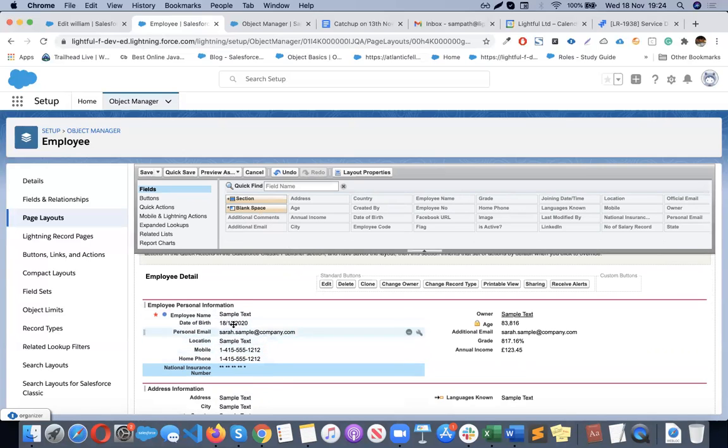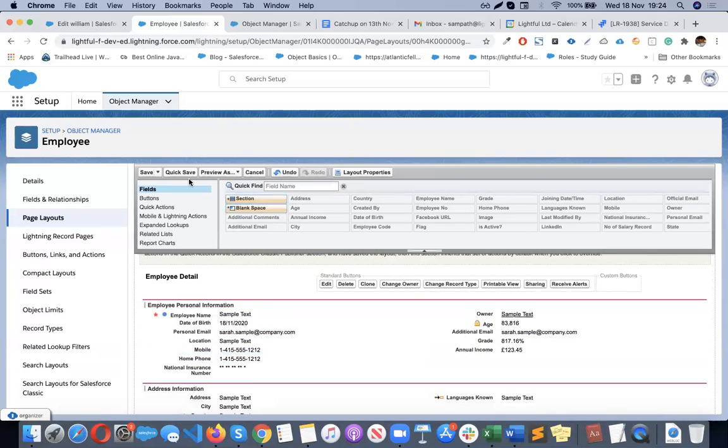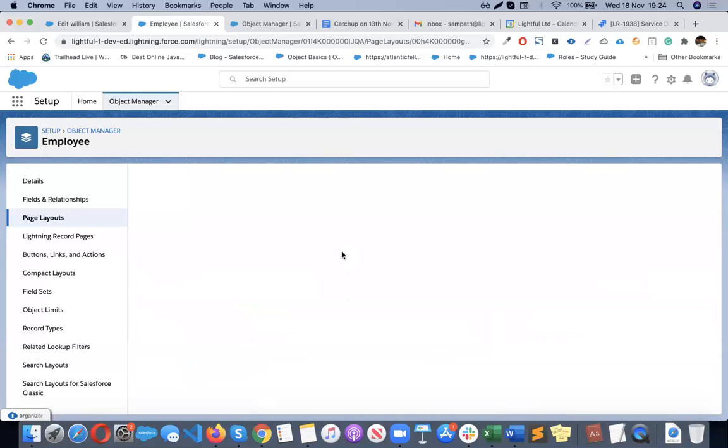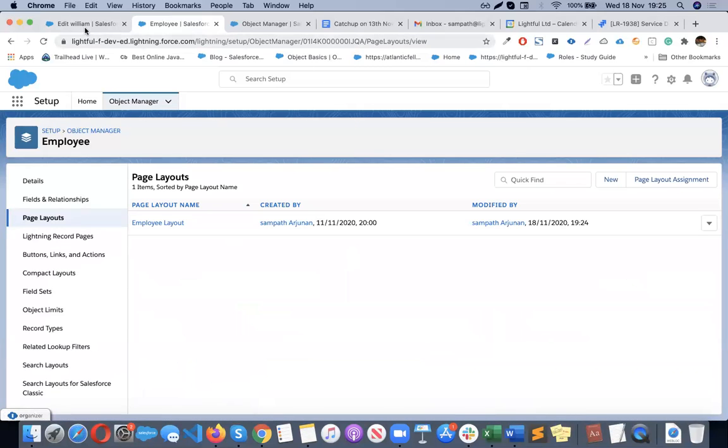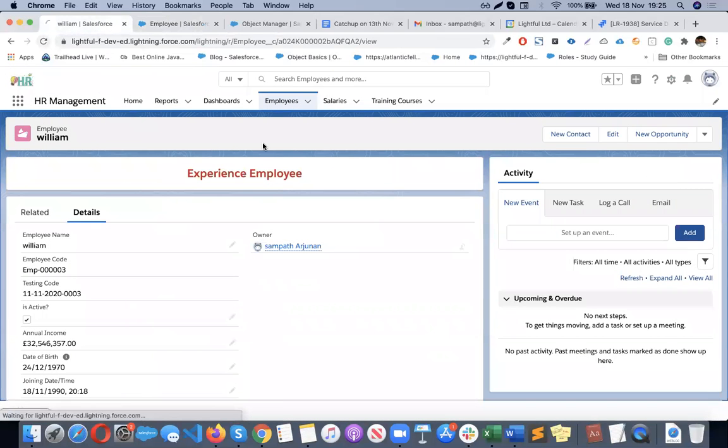Now in between fields, if you want a blank space, simply drag it, and you can get some space between these two fields. At the moment I don't want it, and save. Now if I go back to the employee detail page and refresh it,